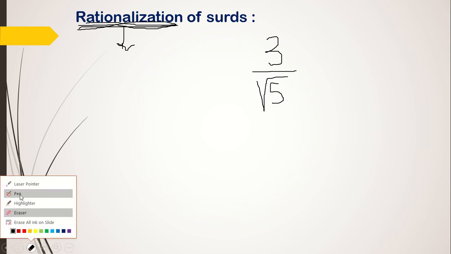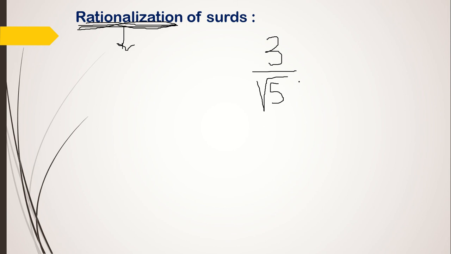So how do we get rid of that? We can have a surd. It is by convention, just it is that it doesn't look nice, it is only that, nothing much. So that is why we do the rationalization. We don't want this surd part in the denominator. So what we do? We multiply this with itself.